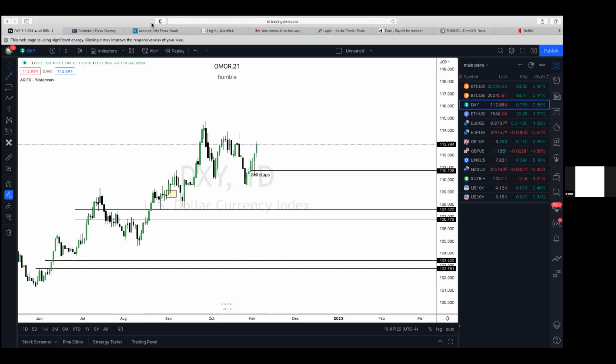So when you're bullish, what do you need to wait for? A run on sell stops. Lows to get taken out. A run on sell stops, right? When you're bearish, what do you need? A run on buy stops. So we're bullish on the DXY. Think of this as a 5-minute chart now, right? There was a run on this low. Forget it's a daily. There's a run on this low in a bullish day.